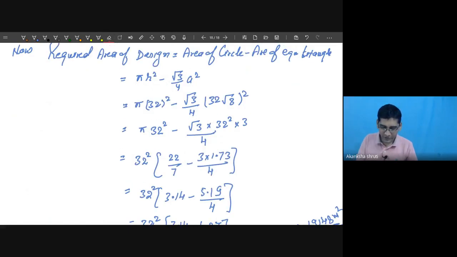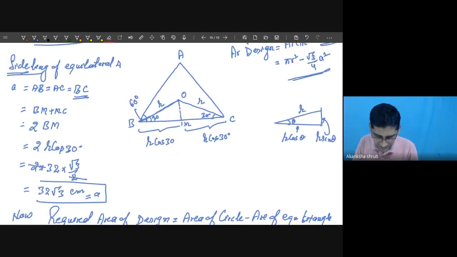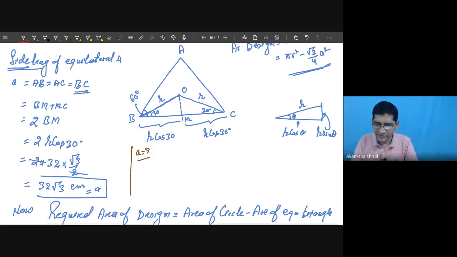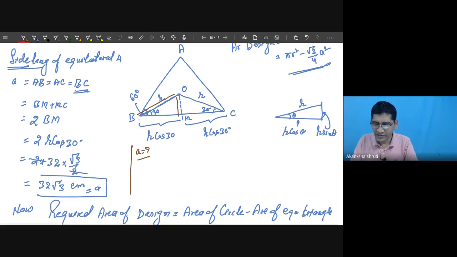Students, here I have calculated with the help of trigonometry, but one may also calculate the side length A with the help of the Pythagoras theorem. Can you calculate? Can you do it? Or can any one of you do it by the Pythagoras theorem? Students, again, applying the Pythagoras theorem is equally easy. So just apply it in one of the triangles. Here this much part is known. This and this you just take.